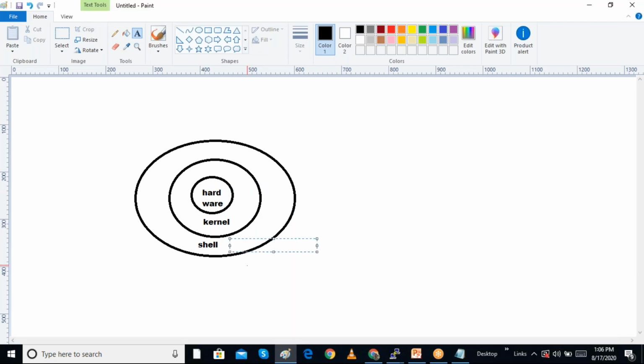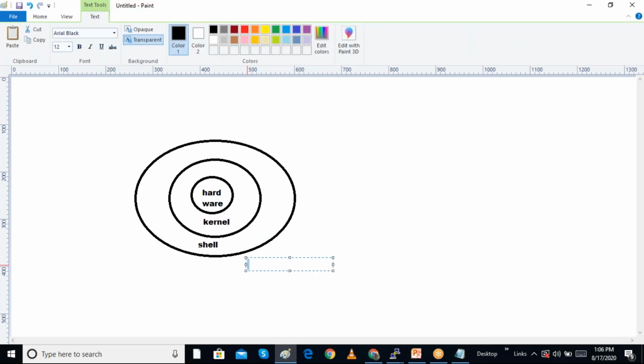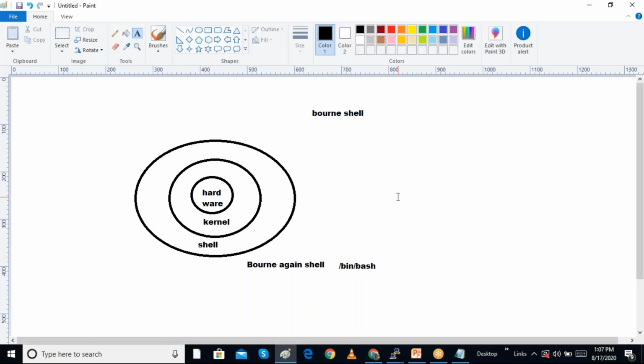The shell we are using in Linux is called the Bourne Again shell, and the code for this shell is /bin/bash. But some versions of Linux and Unix use the Bourne shell. The shell is basically a command interpreter also.